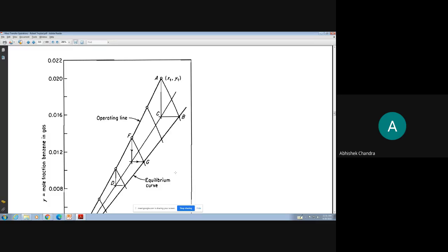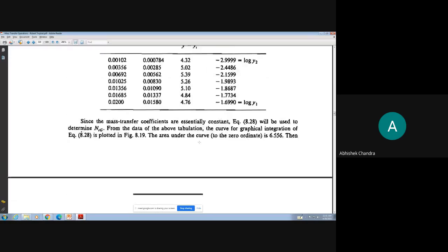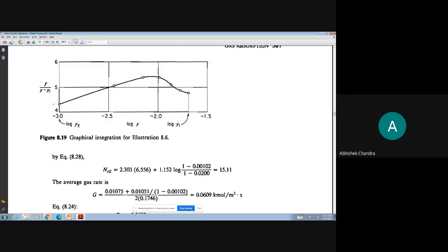So yi, for different values of y, we have taken different values of y and then draw the slope minus kxa upon kya again and again for different values. So you will get different values of yi. When you get the different values of yi, because they have plotted here different values of yi,